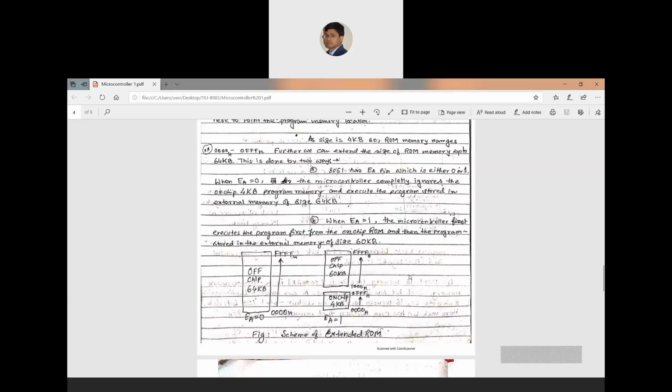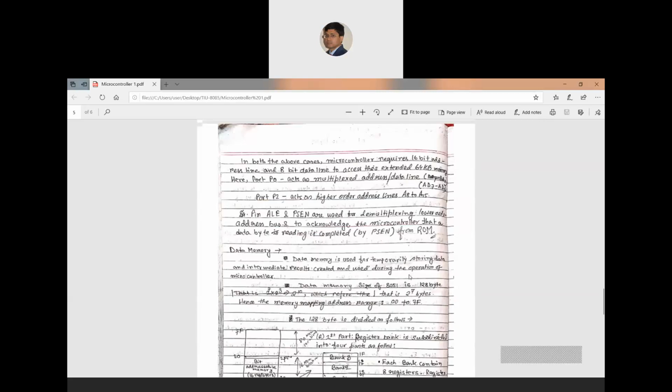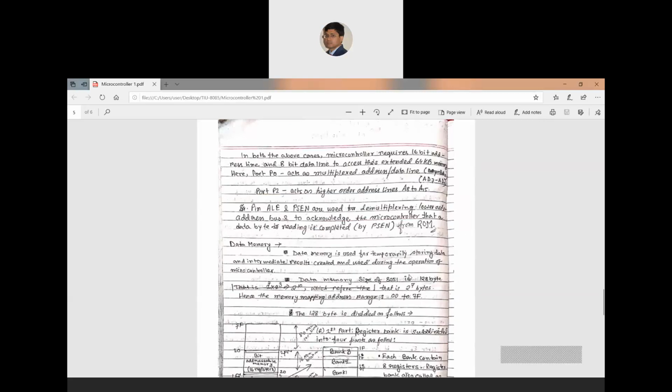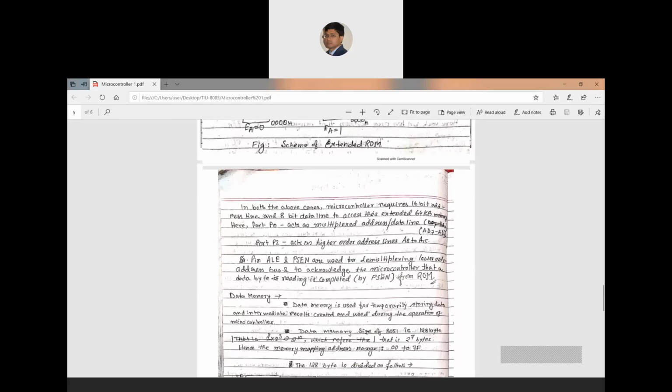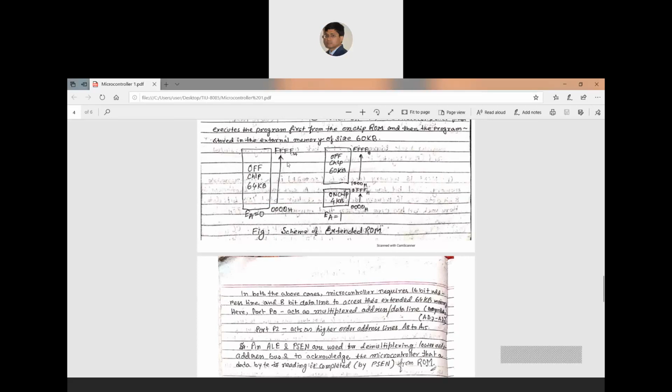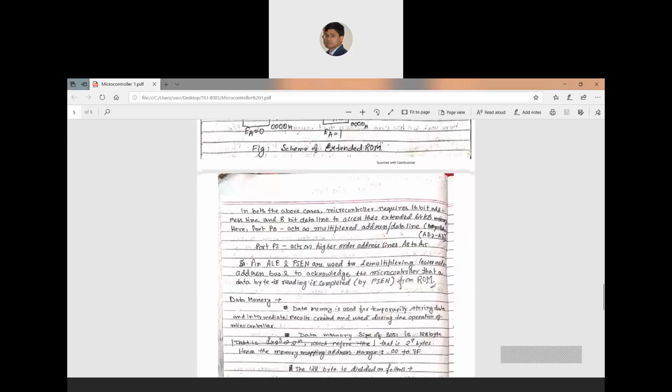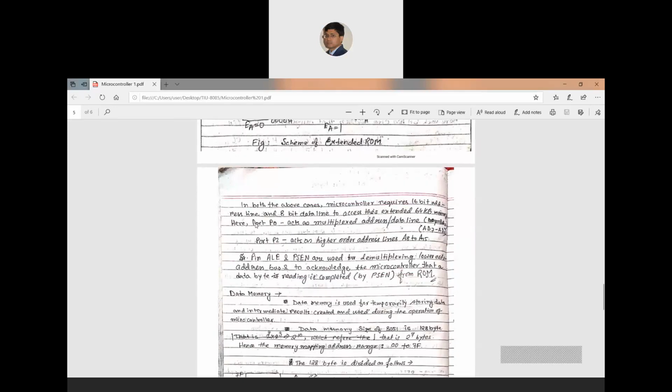So this is the ROM structure, and now the pins that are used. This is the scheme. Now, how many pins are required here? You require 16 pins to locate each and every address location. So from where do I get those 16 pins? I get the 16 pins from two ports: port number 0 and port number 2.